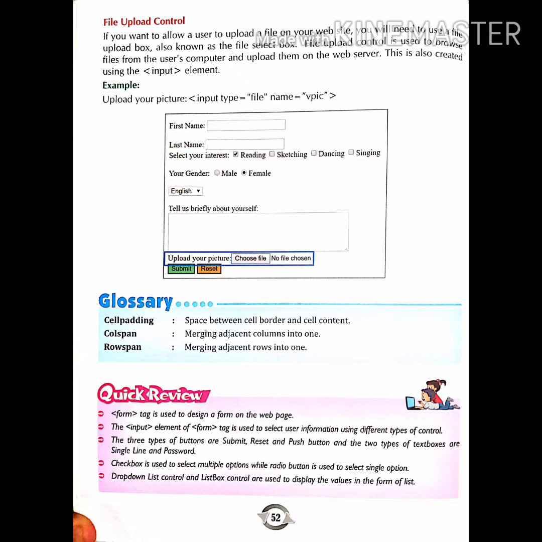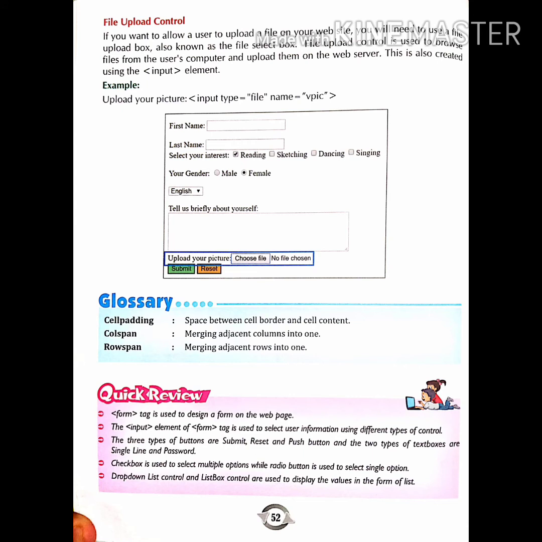you just click on your photo, and that photo area will direct you to your gallery, from which you can select your photo and it will get uploaded on your WhatsApp. Similarly, you can make this kind of feature available in your HTML forms also, in which the user can upload a picture, like their photo, on the form with the help of the choose file button.